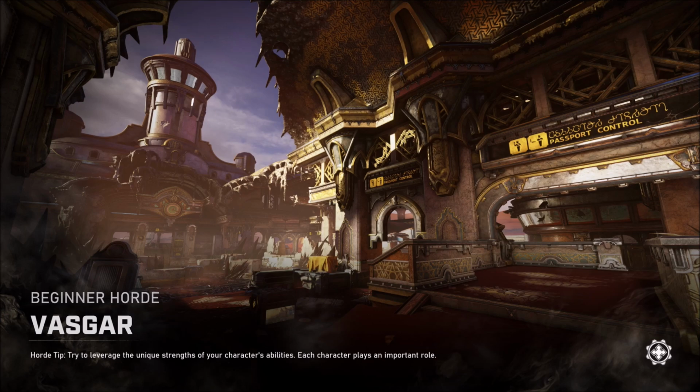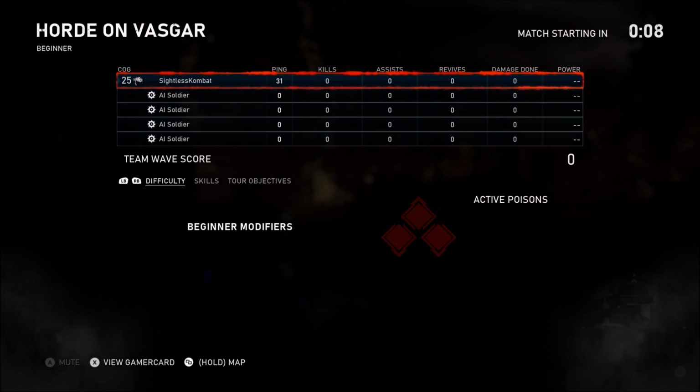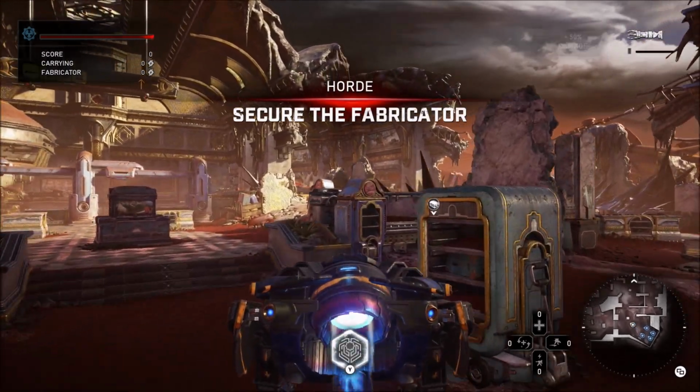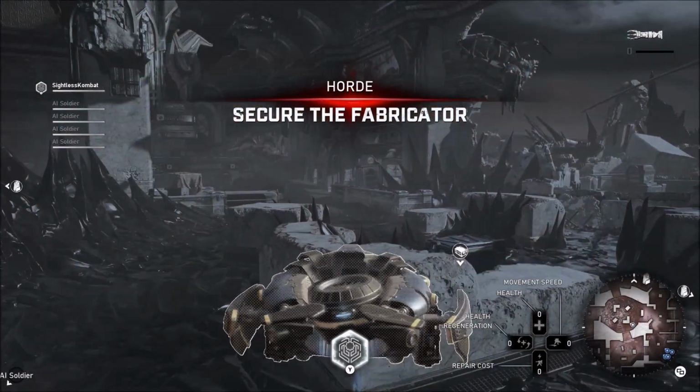Now I have Fab Ping on, Fabricator Ping, and if you remember how Fabricator Ping worked in Gears of War 4, this sounds slightly different. I've actually also turned down the environment sounds as well. SightlessKombat, Ping, 32 kills, 0 assists, 0 revives, 0 damage done. SightlessKombat. And you hear that it's announced a load of my kills. My ping, my damage, my revives, all of that stuff. So if I hold down the Fab Ping,